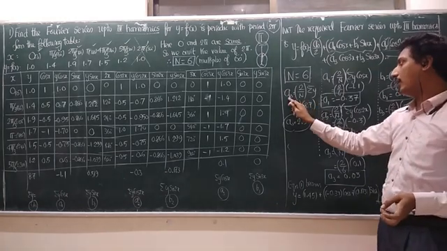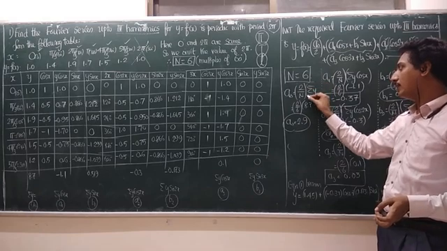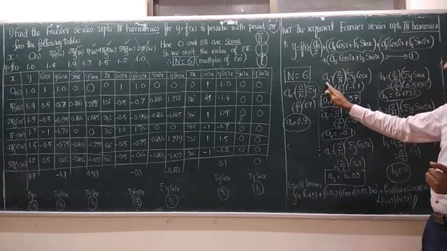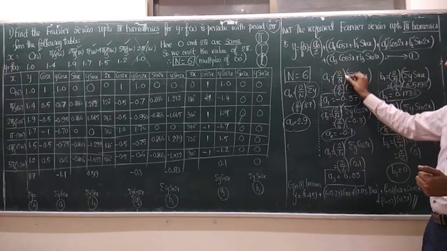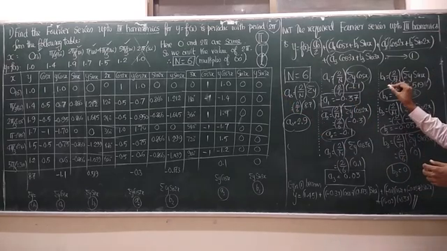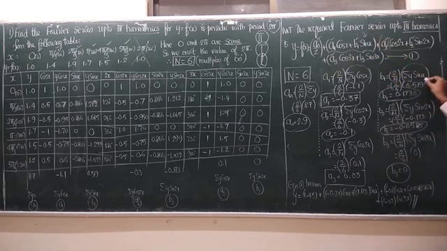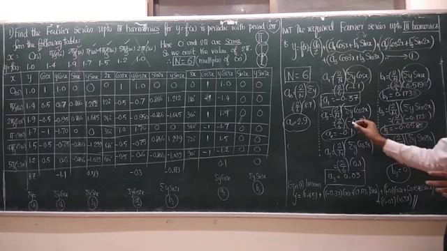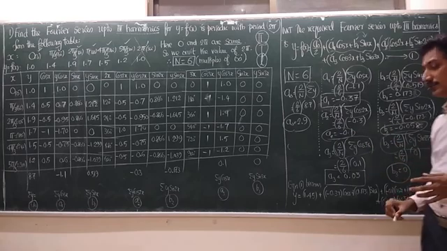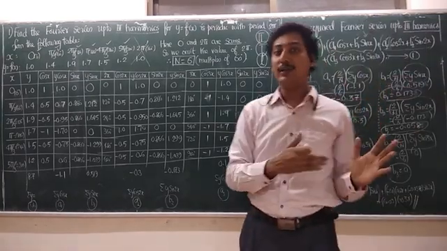Now what's the formula for a0? 2 by capital N sigma y. So compute the sigma y from the table. Similarly, what is the a1 formula? 2 by capital N into sigma y cos x. So compute the sigma y cos x from the table. What's the b1 formula? b1 is the coefficient of sin x, so it is 2 by capital N into sigma y sin x. What about a2? 2 by N sigma y cos 2x. b2: 2 by N sigma y sin 2x. a3: 2 by N sigma y cos 3x. b3 is 2 by N sigma y sin 3x. So let us find these values from the table only.